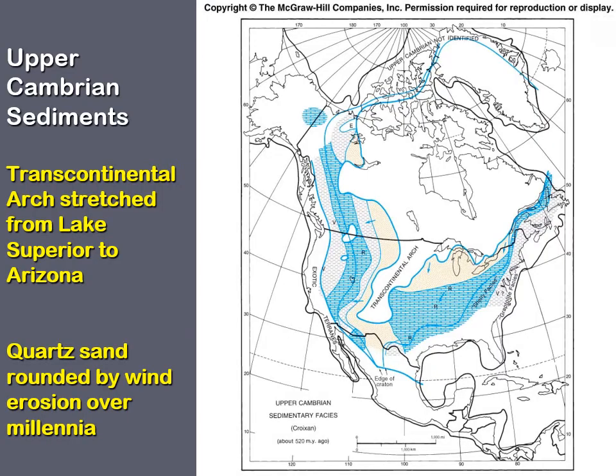And in fact, if you look at North America, this is looking specifically at Cambrian sediments during the Upper Cambrian, so the Late Cambrian. Notice we have everywhere that's white, going all the way down to this transcontinental arch. That would have been essentially the continent. Everything else is platform. So we have sand piling up around the transcontinental arch, and then in the deeper water we're getting limestones from the Cambrian, and then far out we have these deep water shales.